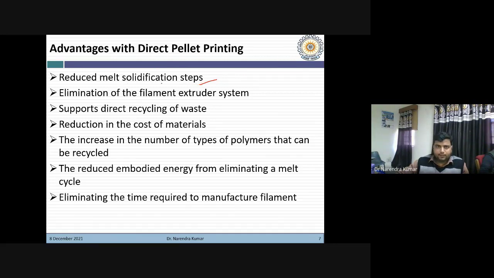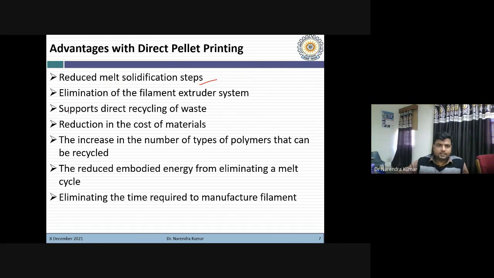But to prepare the pellets we can eliminate those intermediate stages, and we can reduce the melt solidification steps, right? Then second is the elimination of the filament extruder system, because here we will eliminate it from the system.